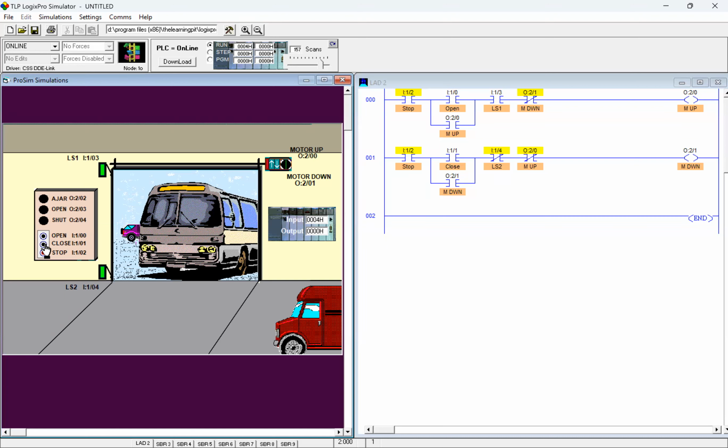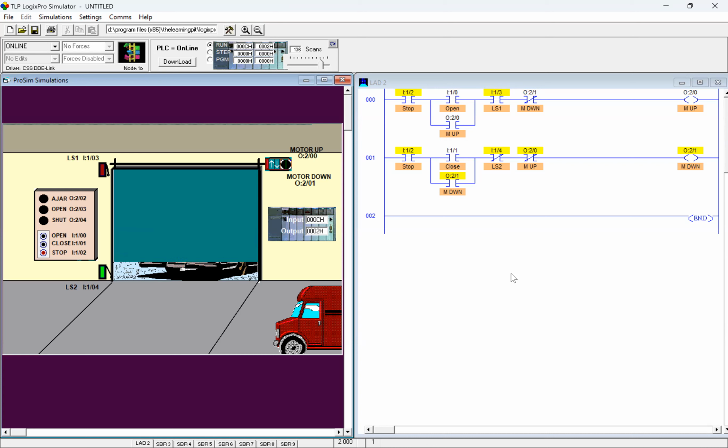Now, if I hit close, same thing. It's going to close until I get all the way down to the bottom, and then it's going to stop. And it won't close anymore because the limit switch is going to block it from happening. Boom. Stopped. If I hit close again,